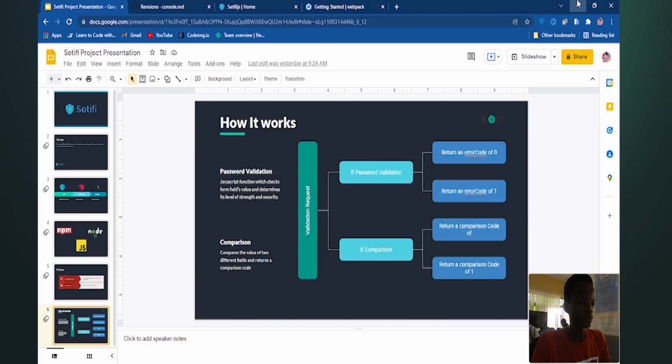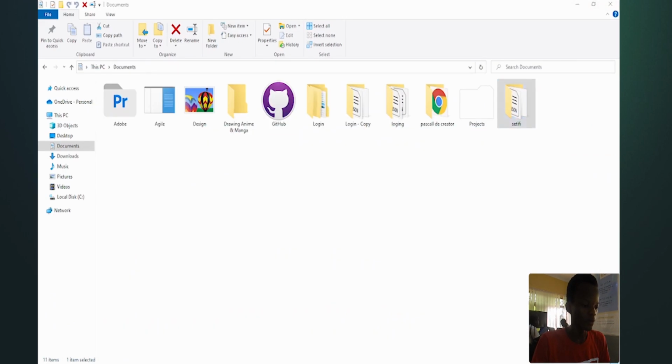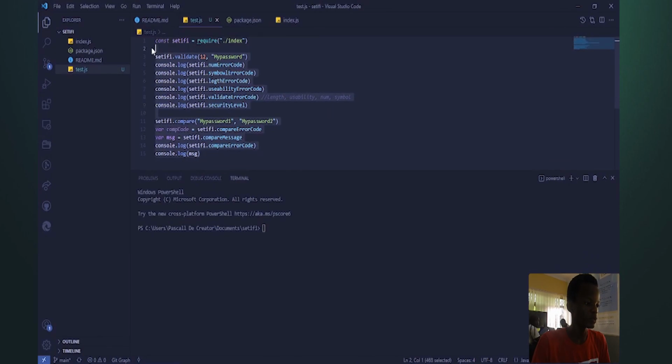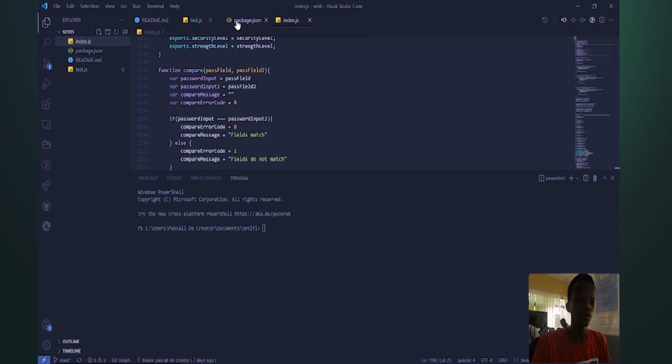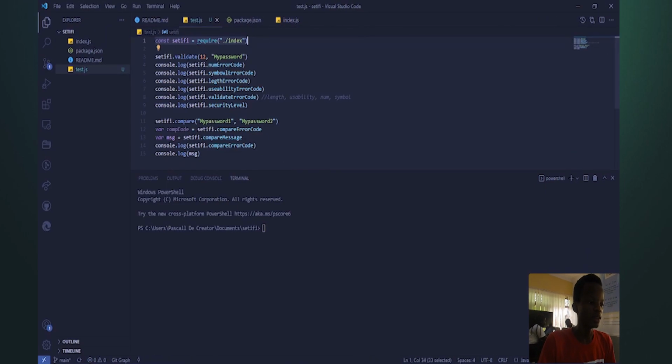So now let's run a quick test of Setifi. Over here I have a simple script. All it does is require index.js, which is the actual package file, and with the data it gets, it performs the function which is validate. It also performs the function of compare, and it outputs some variables, some data that is stored inside index.js. So if I run node and then the name of the file, which is test.js,